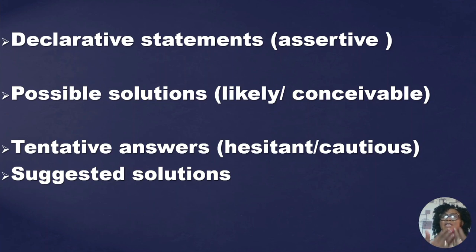When you are suggesting a solution, given an informed guess, you have not carried out the study, but you say it could be this, it could be that. It's likely this will solve this. So in your work, you need to go and test those hypotheses, those intelligent guesses, those tentative answers you have already provided, those possible solutions you already inferred.